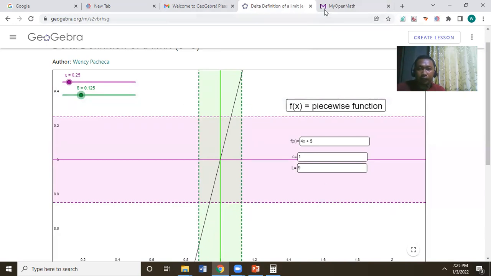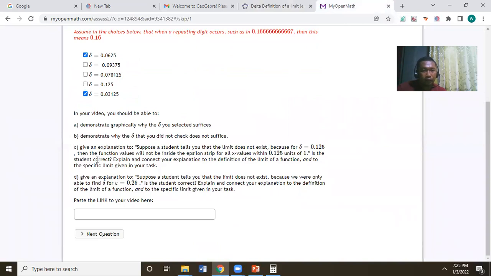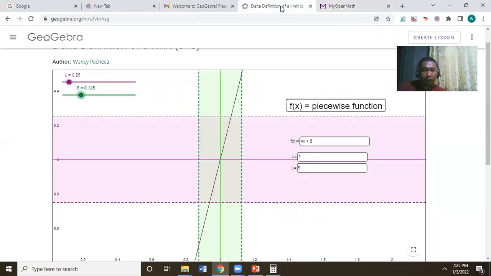Okay. Now let's check question scenario number 3. Suppose a student tells you that the limit does not exist because for delta 0.125, the function values will not be inside the epsilon strip of the x values within 0.125 units of 1. Is the student correct? So here, based on the definition, we go back here. The student is correct if the epsilon is, in this given value of the epsilon, the student is correct since 0.125 delta value kasi